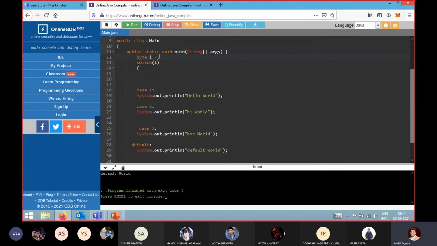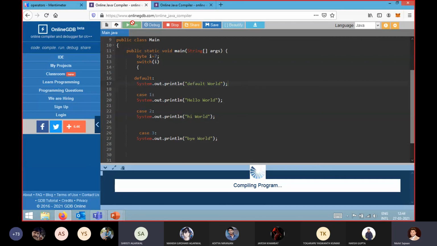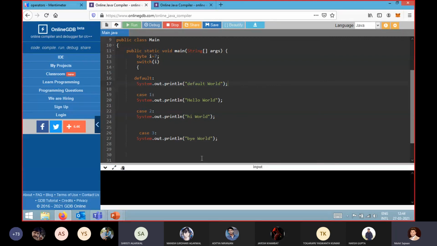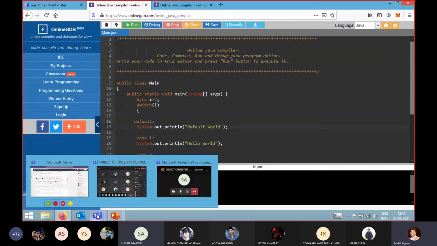If I am going to move the default word over here, now if I execute, what output will I get? Everything, all, sir. Everything we will get. Yes, sir. Okay, we will get all the cases. So that is why it is very important how we write all this code. Okay, so the rest of the things we are going to discuss in our next lecture.